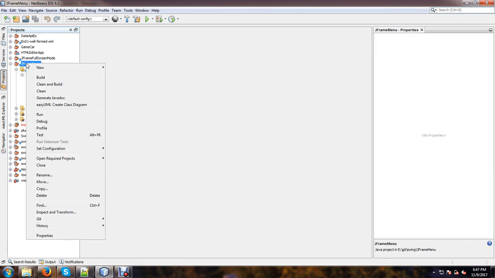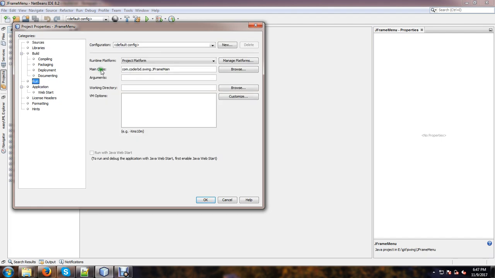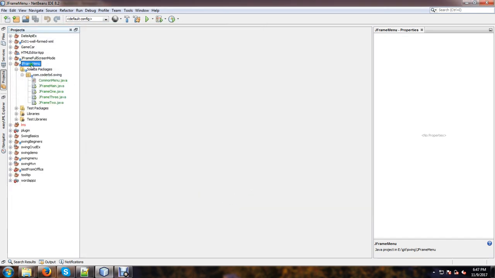Before collecting your jar, you of course will determine what the main class of this application is. Here my main class is JFrame main. So you will also decide which page will open first from your application. Okay, hope you understand. Now you will clean and build your application,